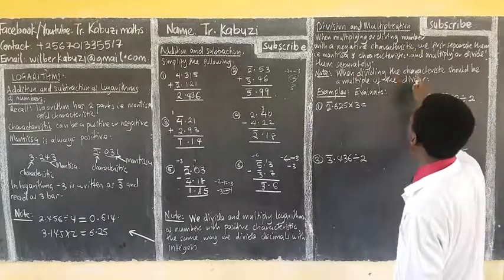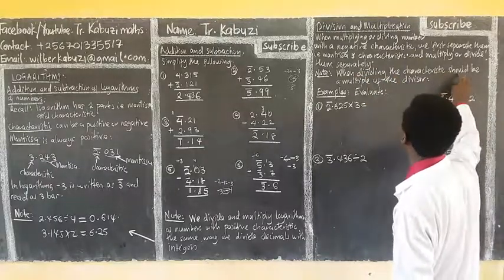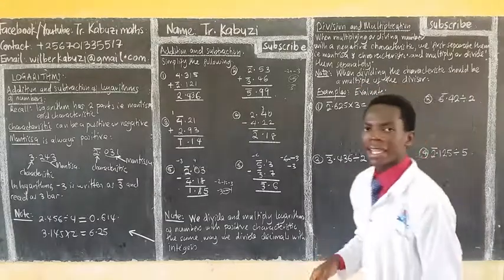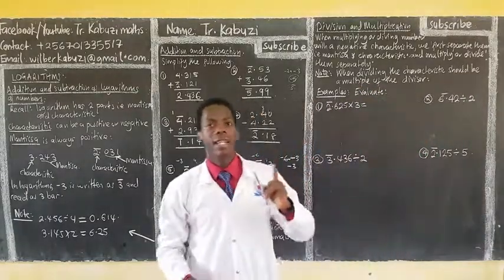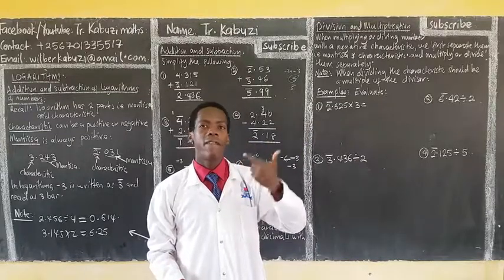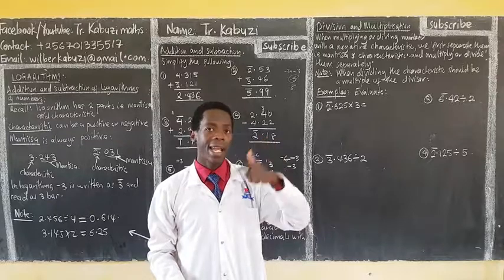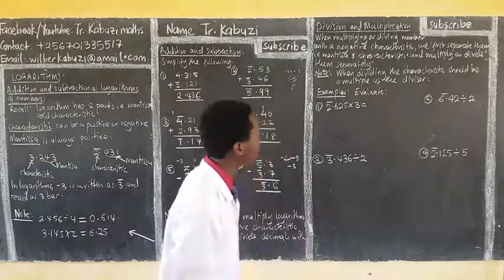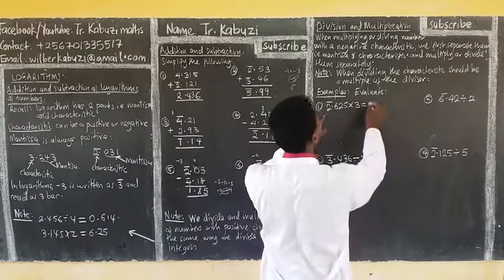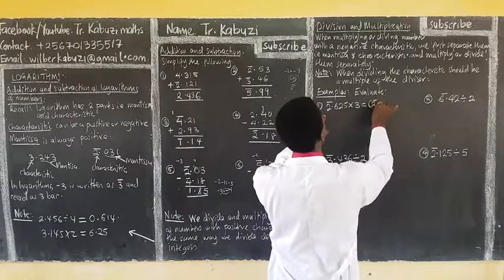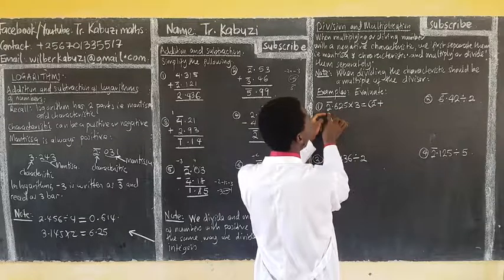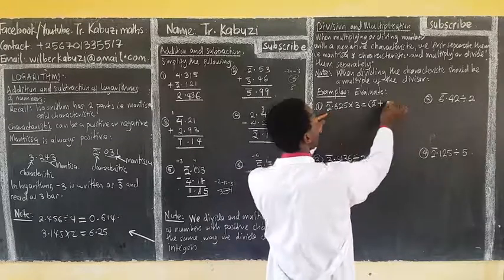When dividing, the characteristic should be a multiple of the divisor. So when we are dividing, the characteristic should be a multiple of the divisor, or the divisor should be a factor of the characteristic, as you are going to see. So here now, when we are multiplying, we first separate. How do you separate? This would be now 2 bar, now plus. So then I get this one means I prefix this with a 0. So this would be now